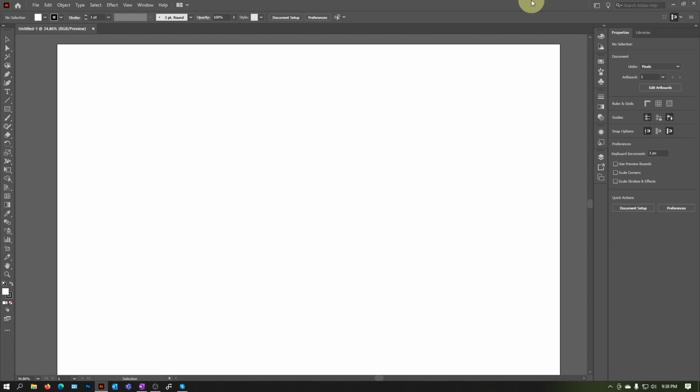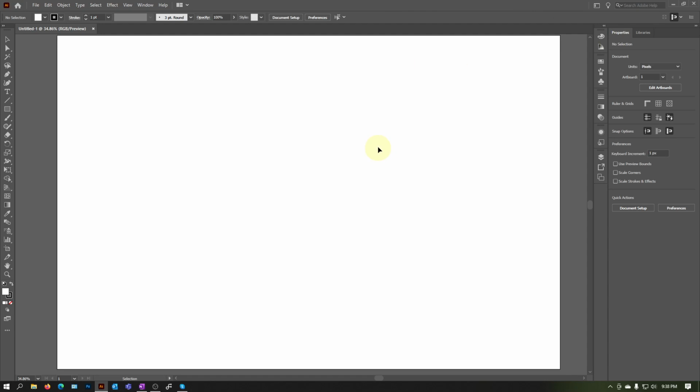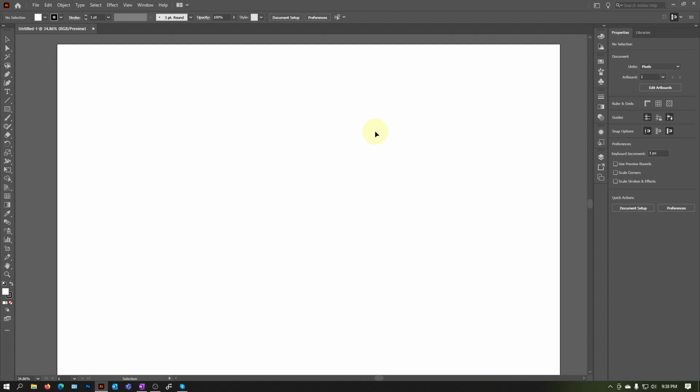Whereas vectors are all mathematically calculated. So even if you zoom in or zoom out really hard, you don't lose any image quality. So Adobe Illustrator is good for creating